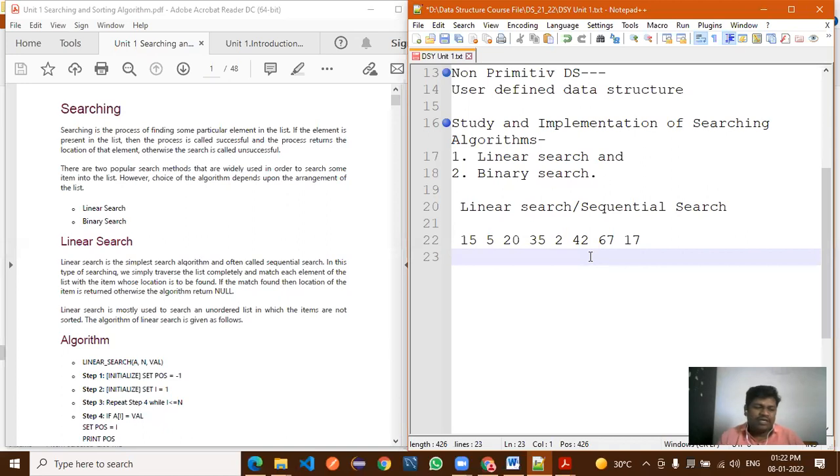If the list is in ascending order, which algorithm do you use, binary or linear? Binary. And if the list is in a non-ordered manner, linear search. Yes. Now all of you got this basic difference.